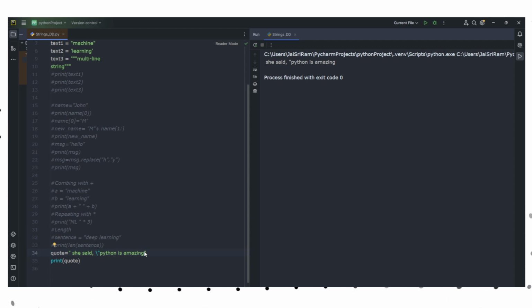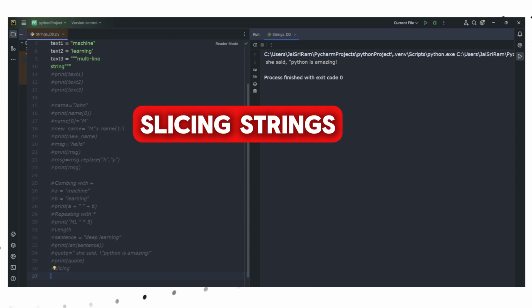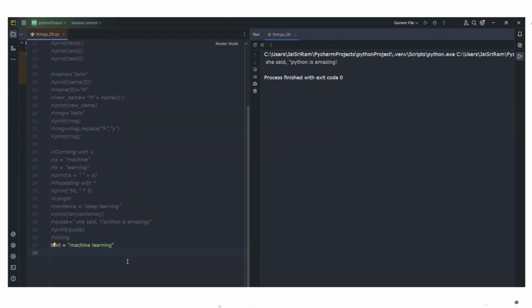So now we want to print with an exclamation mark at the end. Having this escape operator, the escape operator is a backward slash in Python. Next we dive into the concept of slicing. We take our text, called machine learning, and if we want to slice or extract